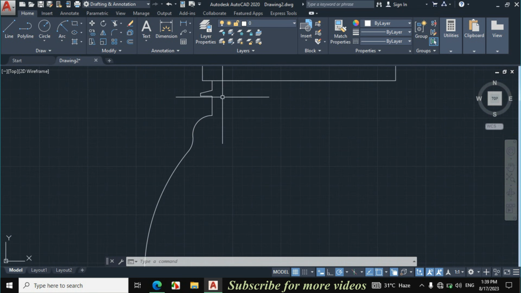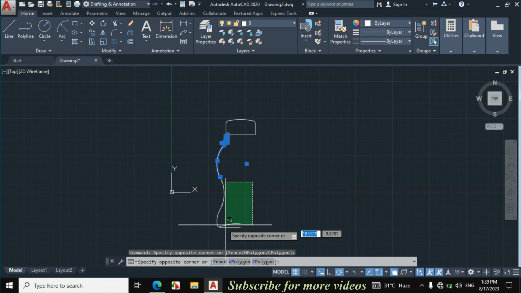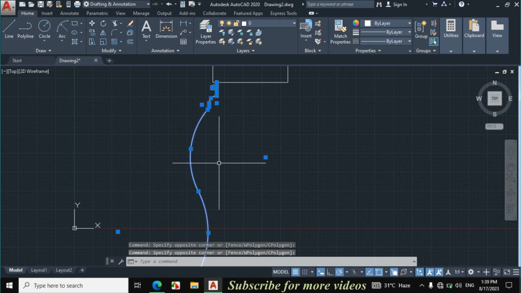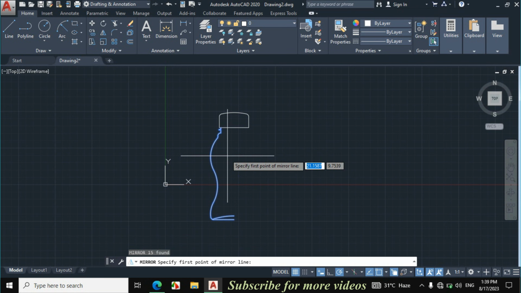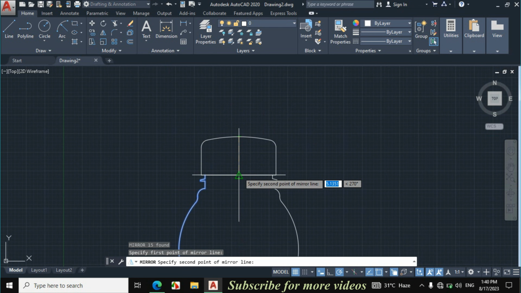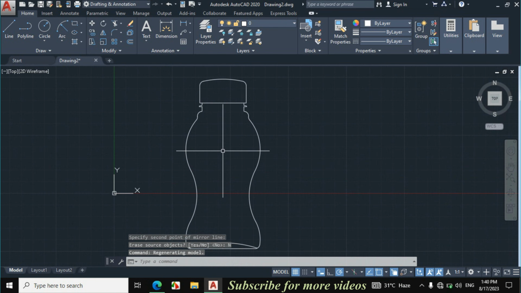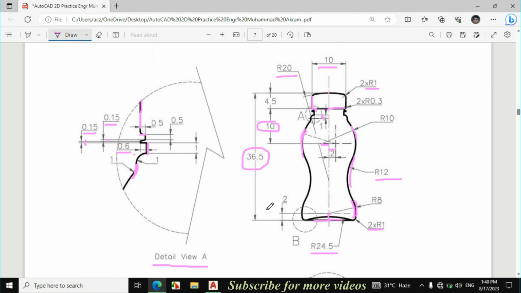First select all this portion. Then press MI from the keyboard for mirror, enter. Then click on this midpoint of the arc and click on this midpoint of the line. Now this figure is exactly made according to this dimension, but we will enter this fillet radius,